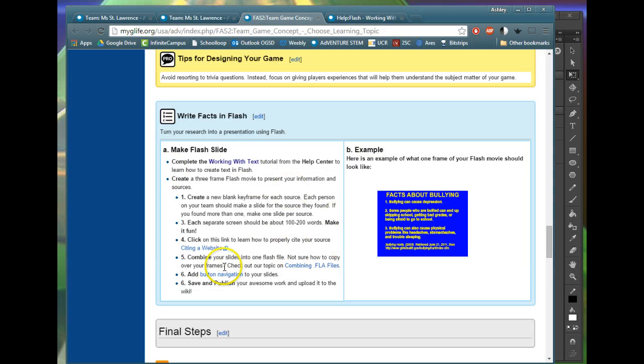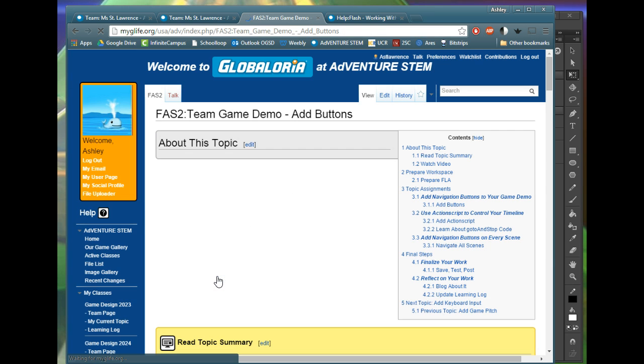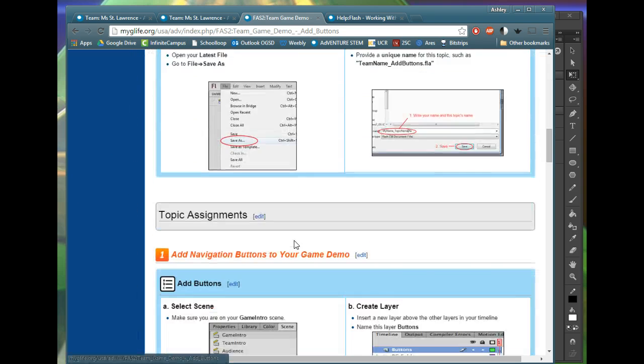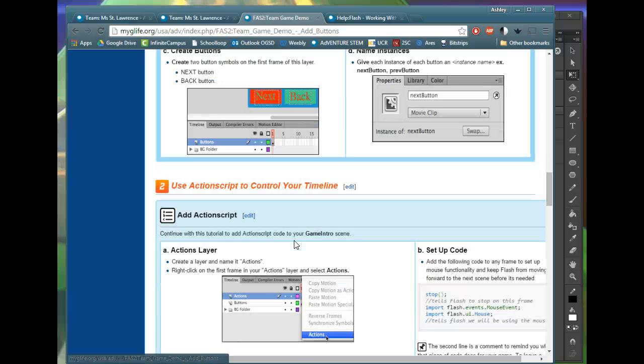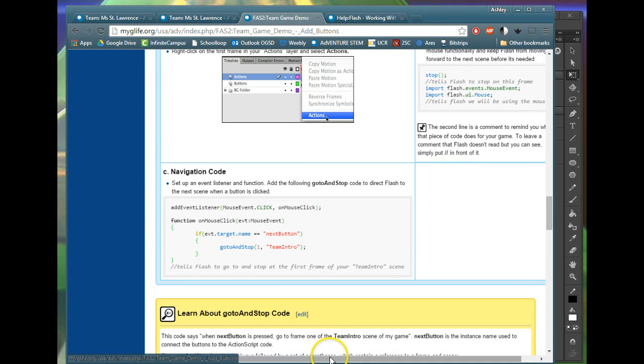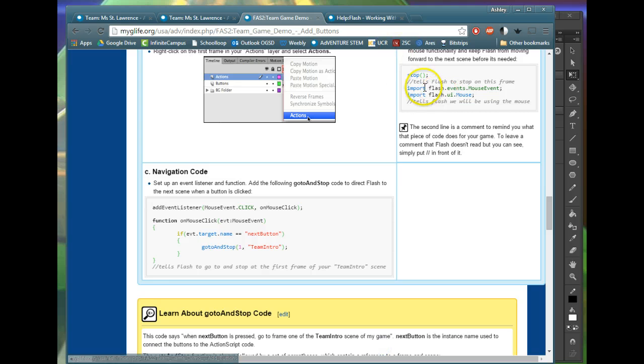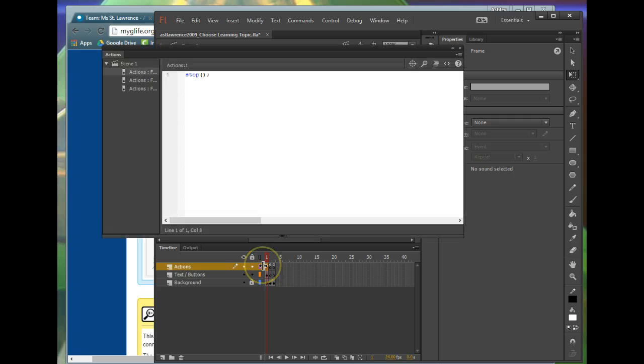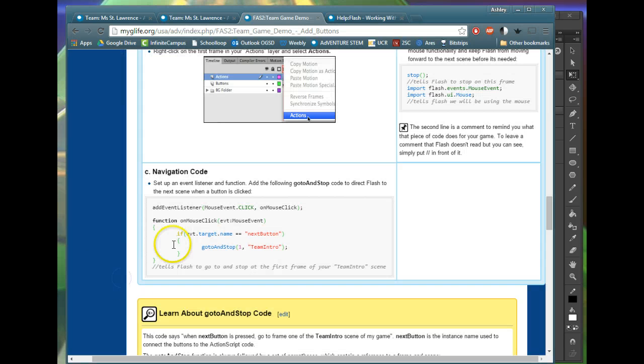So to get the button code, you can go to the Add Button navigation to your slides, open that tab, and it will tell you all about how to make buttons. So this is a different way than I make buttons, but it's pretty much the same. So I'm just going to go here so I can get the code. So I did my stop. Now I want it to import the mouse event, so I click Control C, back to my actions layer. Okay, and now I need the second part of the code,